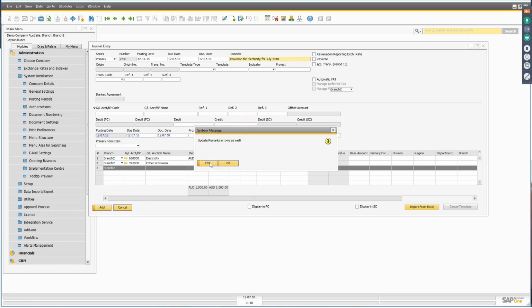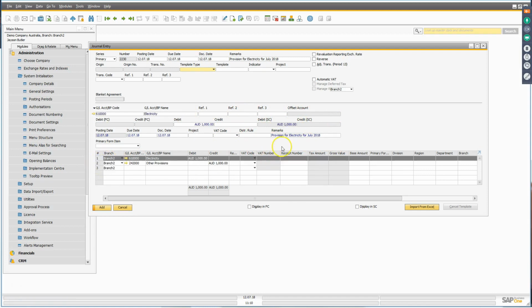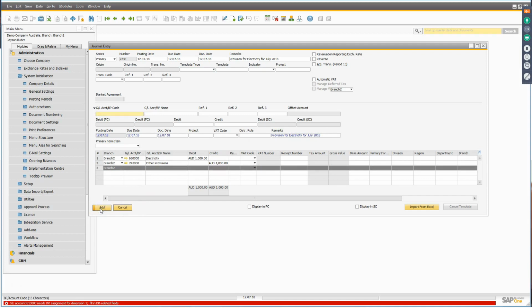Update the remarks in rows as well. In this case I want to say yes because my setting is going to block on both header and rows. So click on yes, and the same remarks have been copied to my rows. So if I go to any of my rows, the remarks is the same, and now I should be able